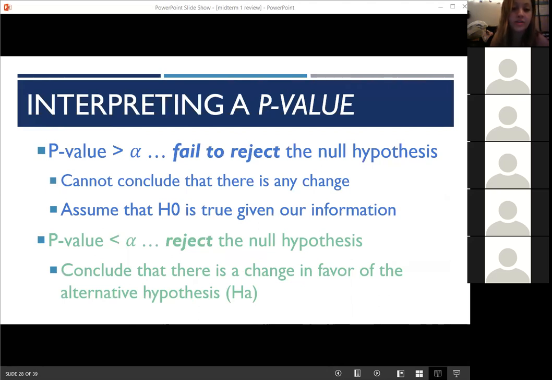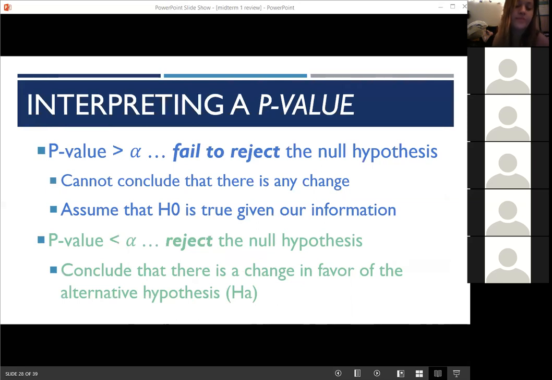So we assume that there was no change, but our p-value was less than alpha. So we're going to reject that null and say we think there's some sort of change. And that'll be contextual, dependent on what sort of change was being tested in the hypothesis test for the context of that problem. So then we just conclude there's a change, and it's in favor of the alternative,